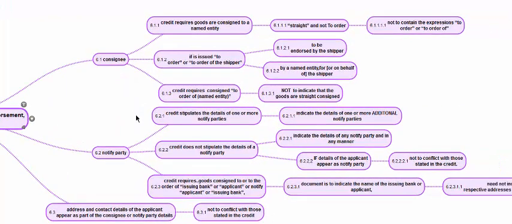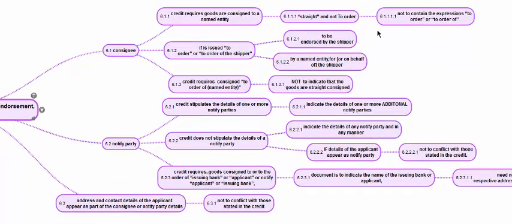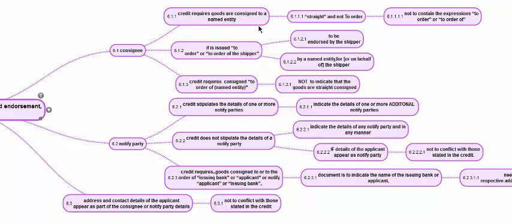Consignee. When the credit requires goods should be consigned to a named entity, when the credit talks about a named entity as a consignee to be consigned to, then it should be straight consigned and not to order, which means it should not contain the expressions like to order of, or order. It should not say to the order of National Commercial Bank. It should not say National Commercial Bank or order. It should just say consigned in the respective field as National Commercial Bank. Consignor is a party who sends the goods and consignee is a party in whose favor the goods are being sent as required in the documentary credit.